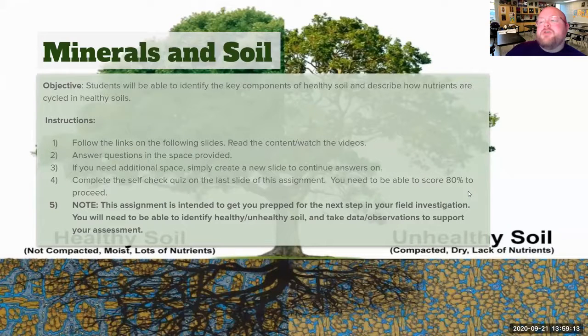Now here's the first portion where you are doing some work in your ecosystem. Be prepared. You're going to get your hands a little dirty. That's okay. A little dirt never hurt anybody. But you're going to study the soil. You're going to look at a little bit of the dirt, a little bit of the soil,